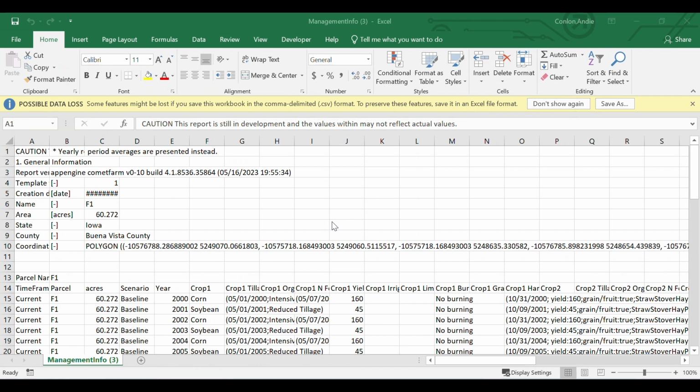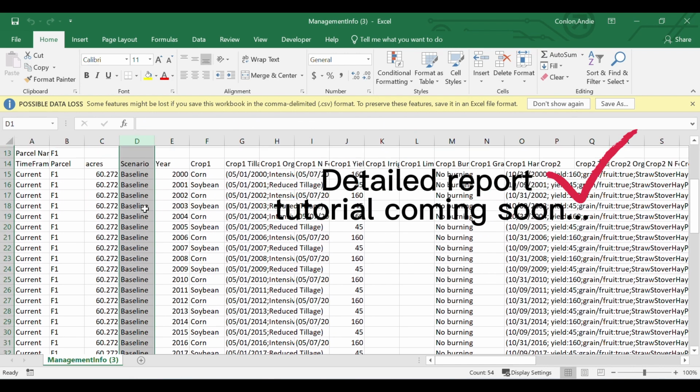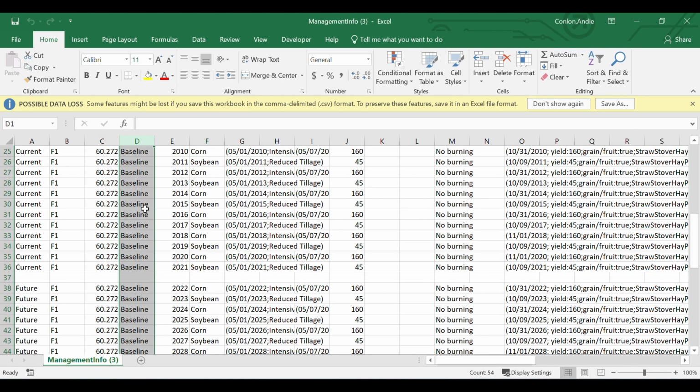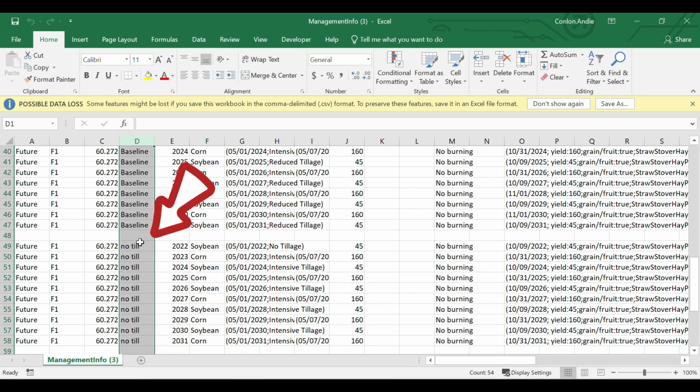This detailed report not only includes the emissions estimates that are generated by your report, but it also outlines all of the management you entered for your baseline and future scenarios. Soon we'll have another tutorial that will show you how to interpret this detailed report. Because the issue in my report is present in my future no-till scenario, I'm going to focus on that section